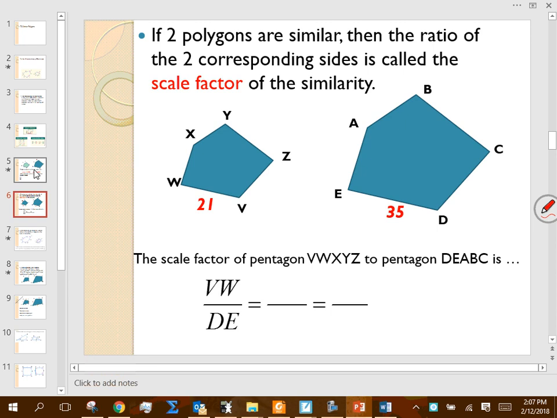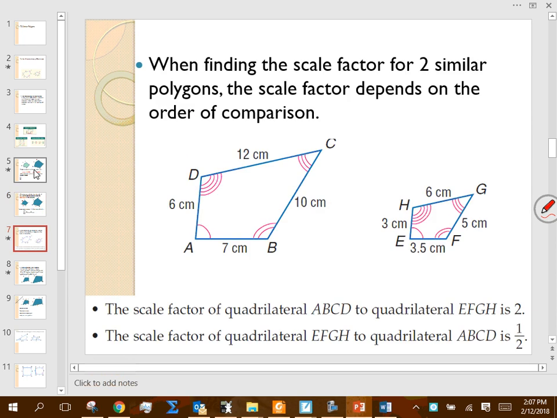See here. Not a lot of work to do here. It's just those two shapes are similar. If I compare the one on the left to the one on the right, I get a 2-to-1 relationship for reducing. If I compare the one on the right to the one on the left in that order, I get a 1-to-2 relationship. Order is very important because we're going to take that scale factor and decide,